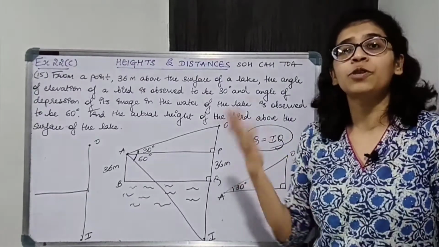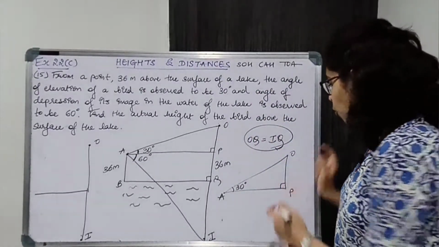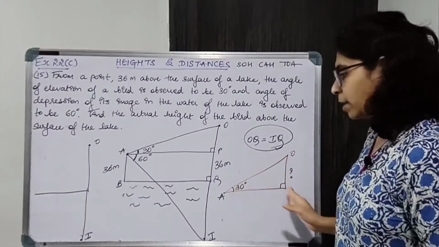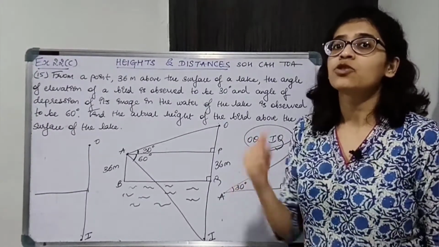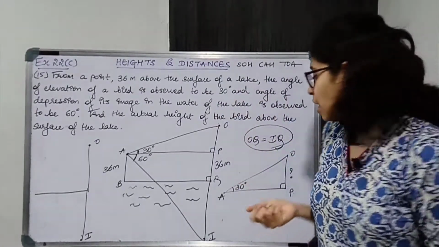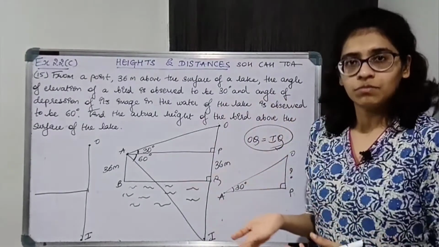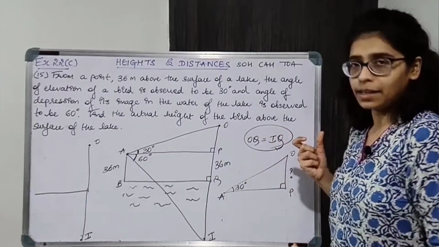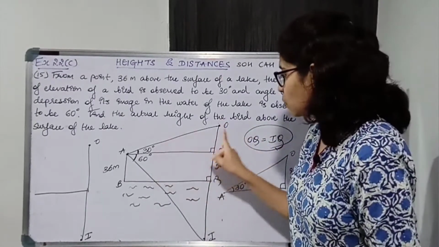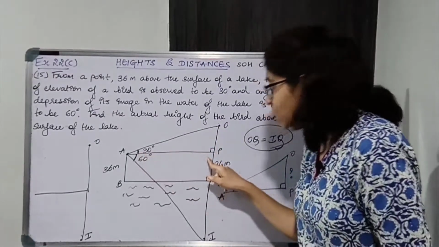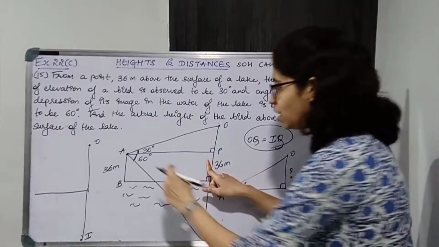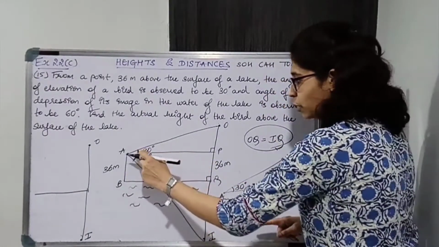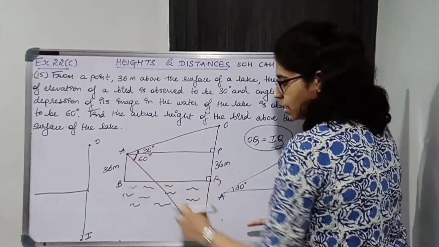Now what other information do we have? To find OP I need to know one angle and one side. Do I know the side AP? I don't know. So what will I do in such a case? I'll relate OP with something. OP has to be related to something. Relate with which side? If you observe the diagram, we will relate OP with AP because AP is there in one more right angle triangle. There is one more right angle triangle, this IPA.